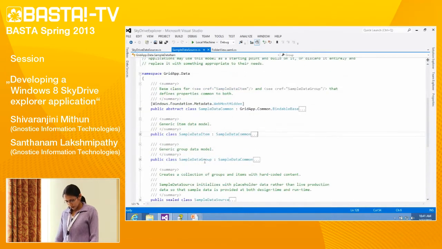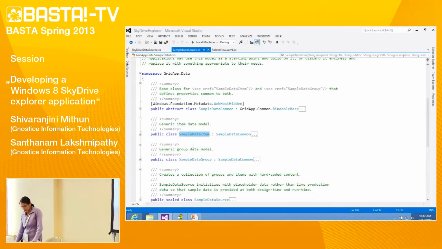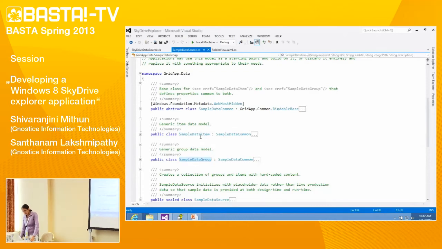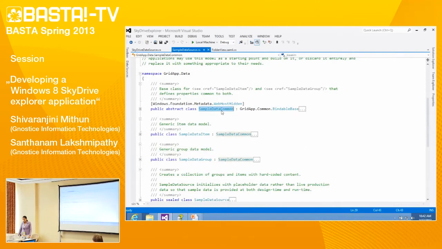SampleDataGroup is a class which represents the group we have seen in the visual page, and SampleDataItem is a class which represents an item which will be stored inside the group. These are the 2 major classes, and both are derived from a common base class, that is SampleDataCommon.